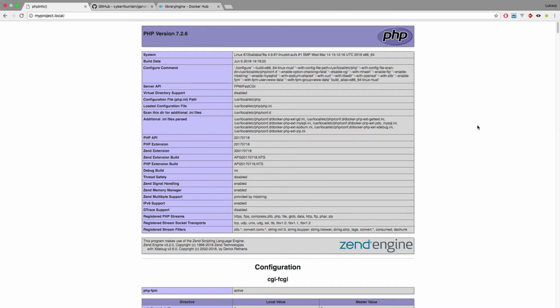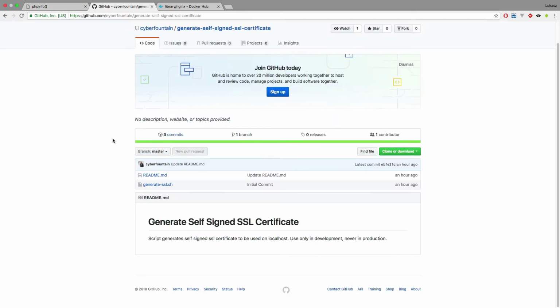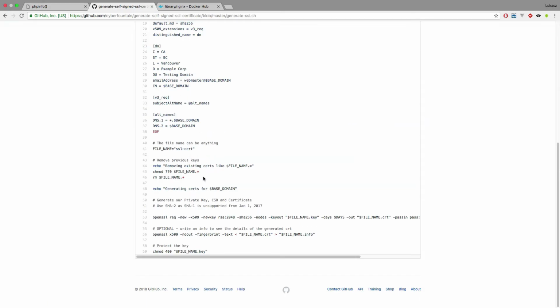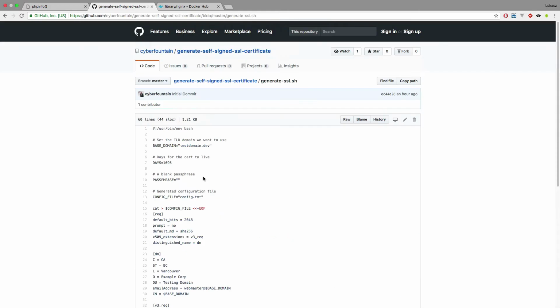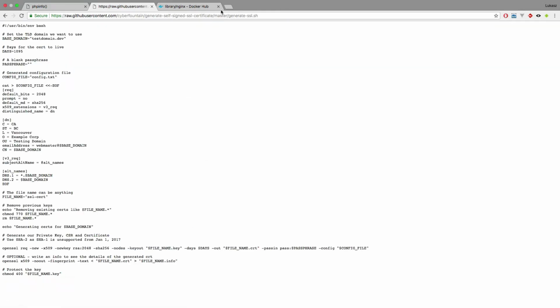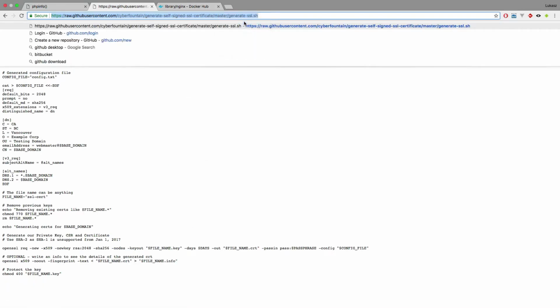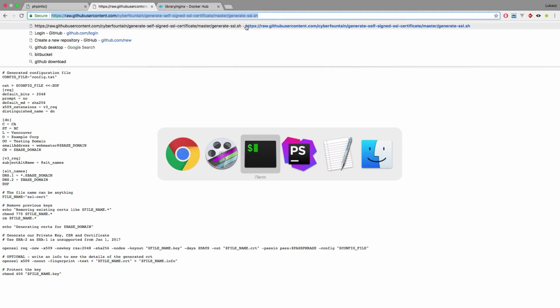So now, in order to get SSL working in our development domain, we will need to generate a self-signed certificate. And on my GitHub page, you will find a shell script which will help you to do that. So as you can see here, we're gonna run this script during the build. So I'm just gonna grab raw and grab this URL and go back to my terminal,